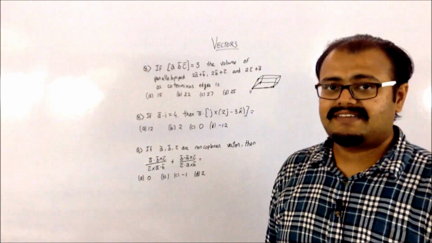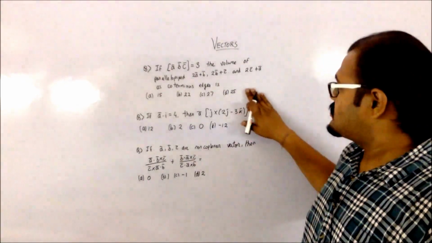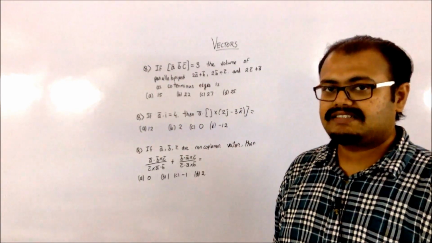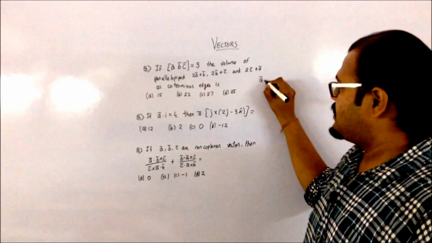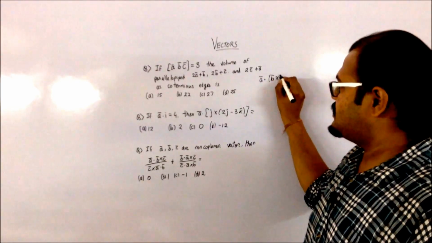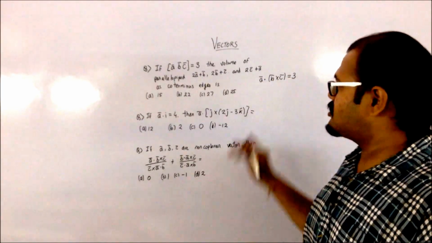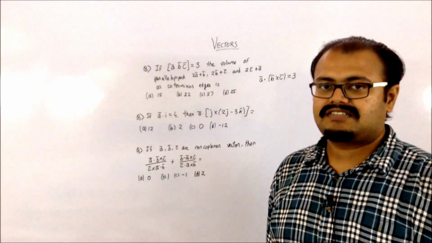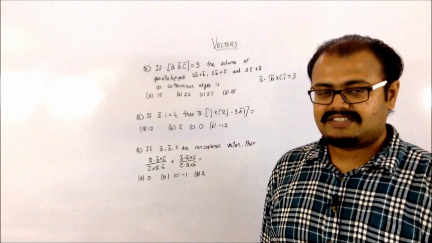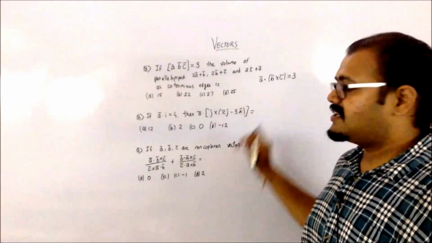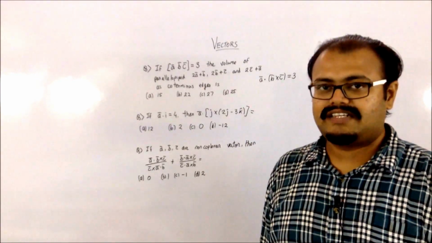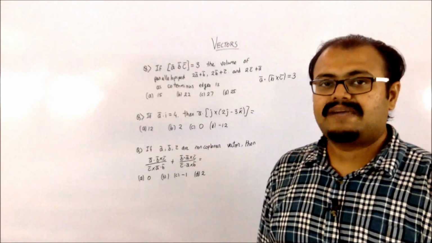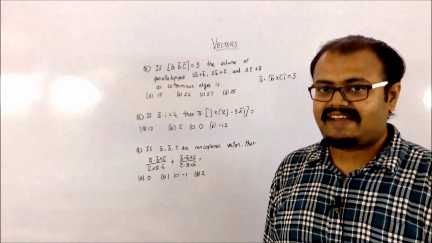So now let us understand what a box product basically is. They have given me that the box product of A bar, B bar, C bar is 3. That means that A bar dot B bar cross C bar is 3. So a box product is nothing but a dot product of a cross product of vectors. There are some things which you should know, that a box product is basically cyclic in nature. That means I can just change the order of my A, B, C cyclically, and the value remains the same.